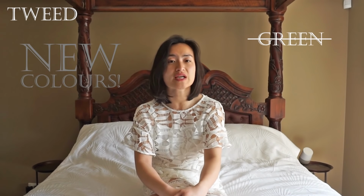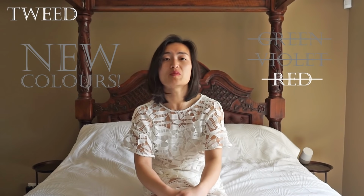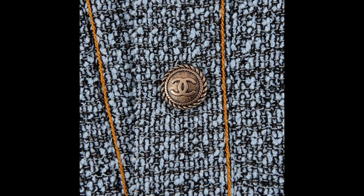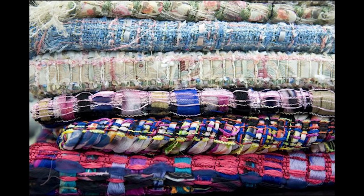Inspired by the colours of the Scottish countryside, Coco brought leaves and bits of earth to textile factories so that they could play with new colours instead of the traditional greens, violets and reds that were common for the time. It was Coco's signature brown tweed suit which launched the fabric into the spotlight. In the 1930s, Coco began mixing in silk, cotton and synthetic fibers like cellophane to make tweed lighter and also